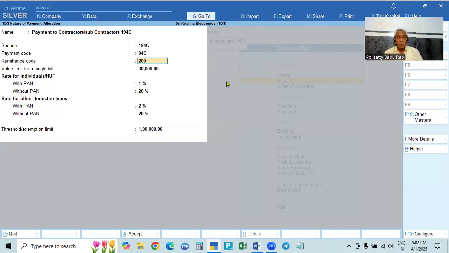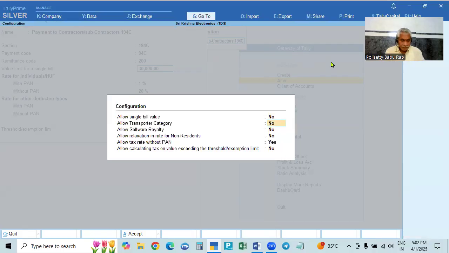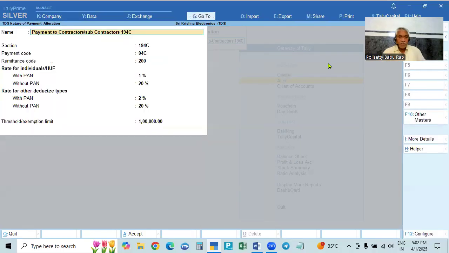Remittance code means whether you are paying voluntarily, deducting and making the payment, or you are paying in response to a notice given by the government. When the government gives a notice and we make the payment, it is 400. When we deduct and make the payment voluntarily, it is 200. And after that, I told you already, in this case there will be 2 limits.